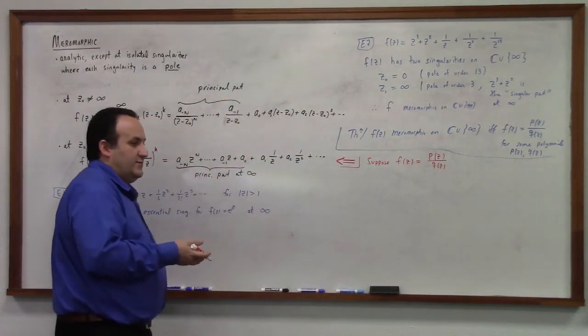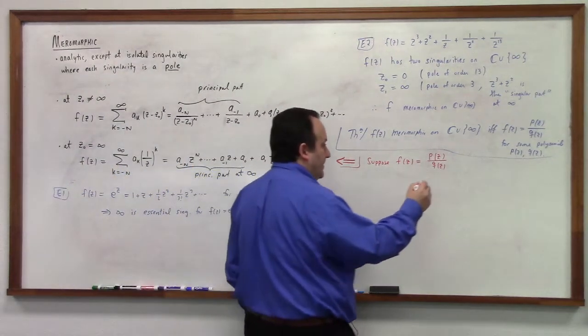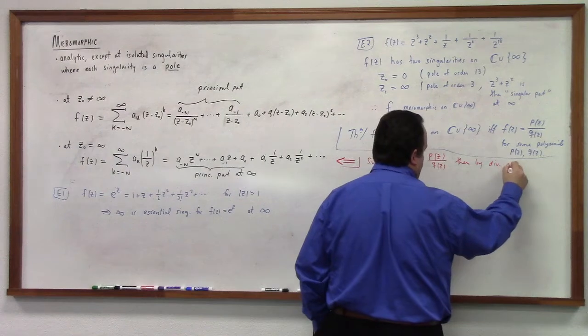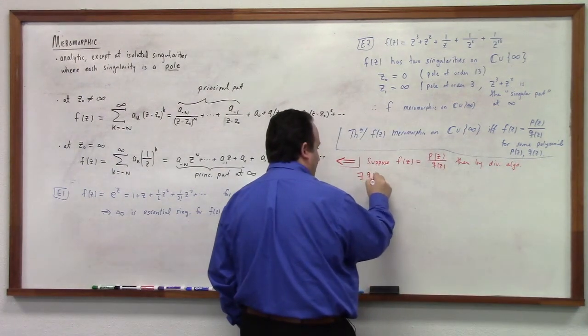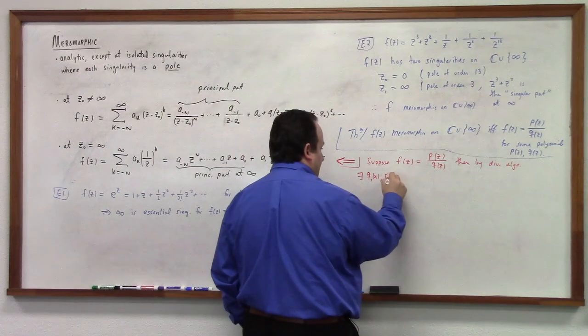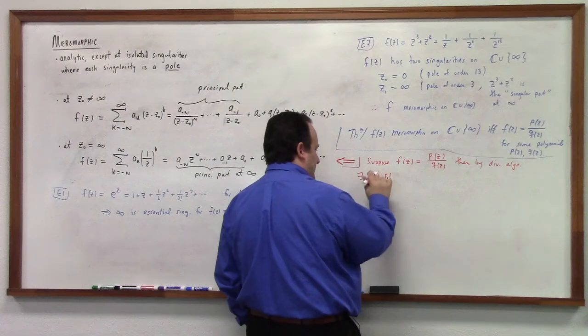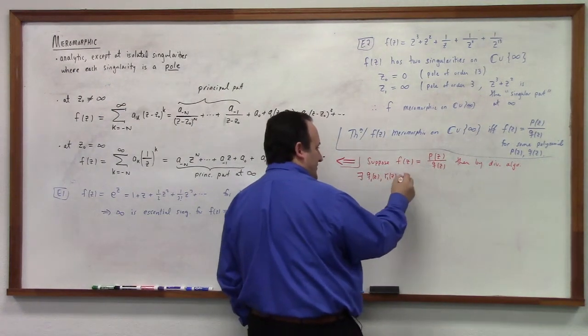Then what can we do? We can do long division, right? Then by the division algorithm, there exist, let's say, q1 of z and r1 of z